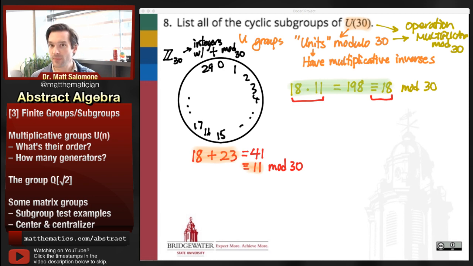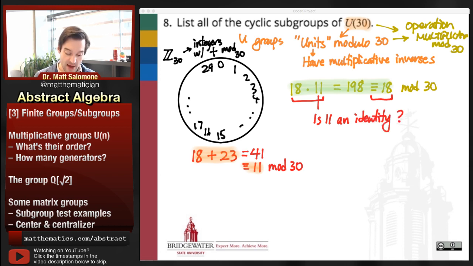Namely, 18 times 11 equals 18 would seem to suggest that 11 is an identity element. Because look at what happened. It multiplied 18 and it left 18 unchanged. Right? 18 times 11 is somehow equal to 18. That shouldn't sit well with us. After all,